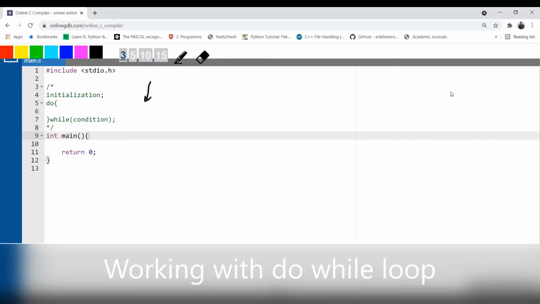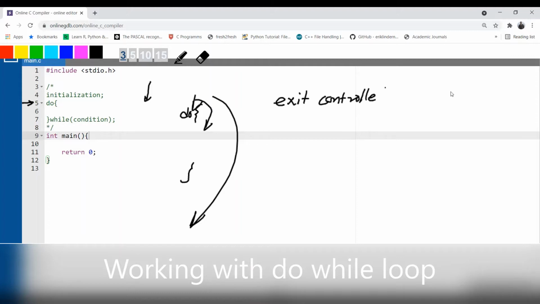Program instructions get executed in a sequence, always in a sequence from top to bottom in this direction. So if it is executed in a sequence by the CPU, while coming to the do part of the loop, what will the compiler do? Will the compiler enter? Will the compiler go beyond that? Because there is no condition to check. So this is the specialty of the do while loop. This is the reason we call do while loop an exit controlled loop. Please note down: exit controlled loop. Earlier ones we discussed as entry controlled loops.